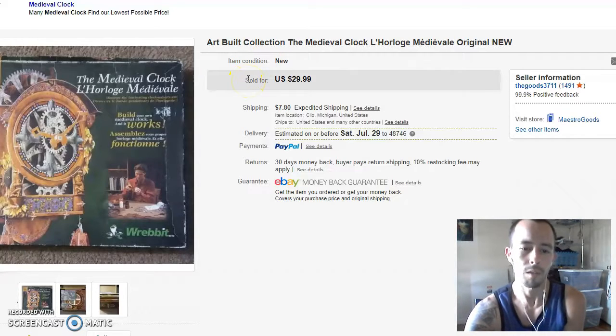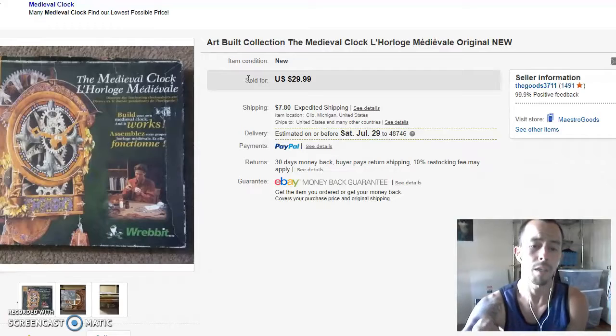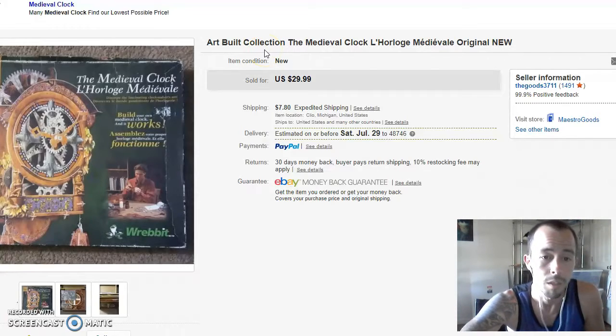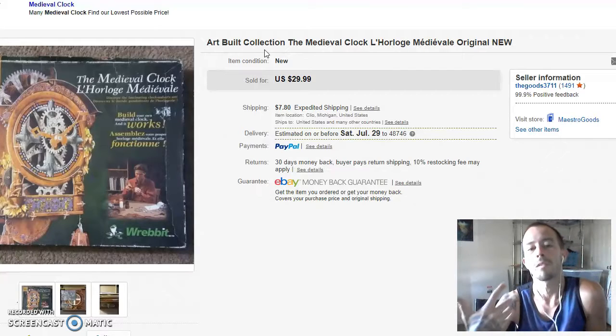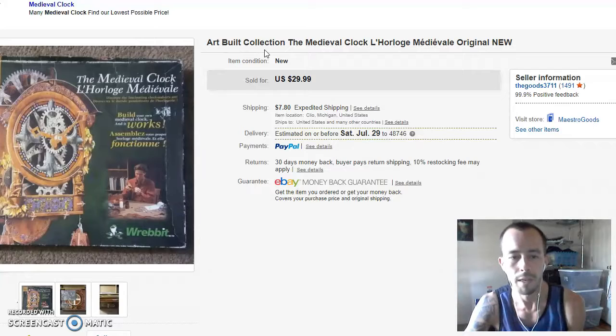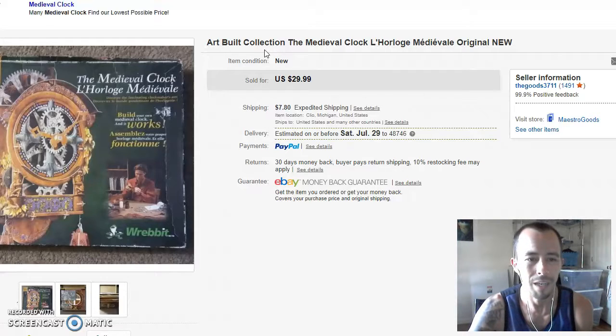This was an interesting flip. I bought this a while ago thinking maybe it could be an interesting flip, or maybe it would be something interesting to do. But it was a 3D puzzle of a medieval clock. I paid a couple bucks for it at a Goodwill. I ended up listing it, and with an item like this,